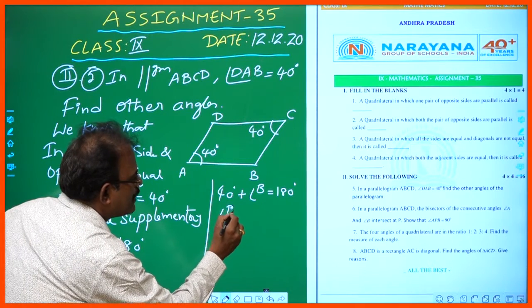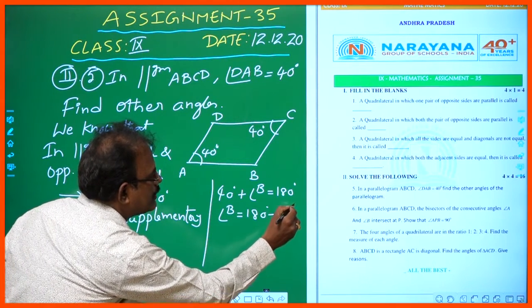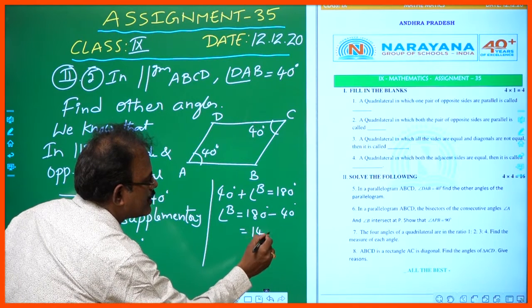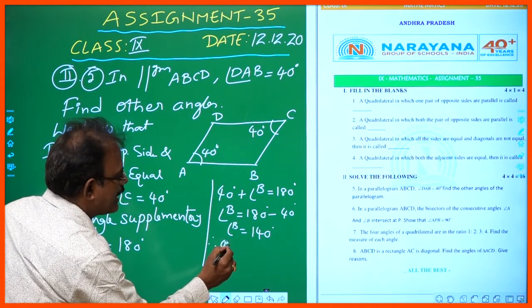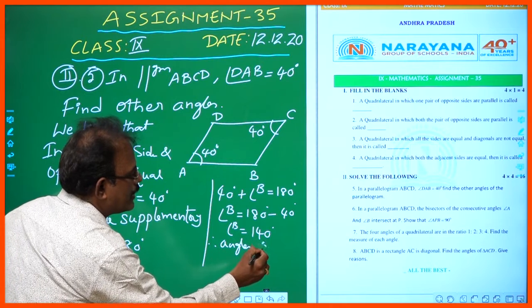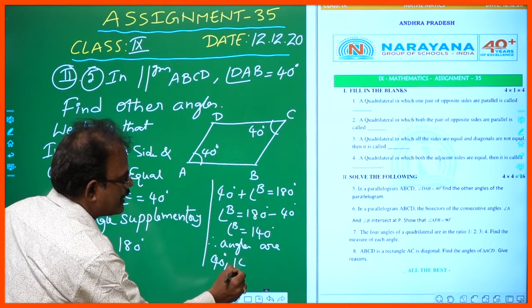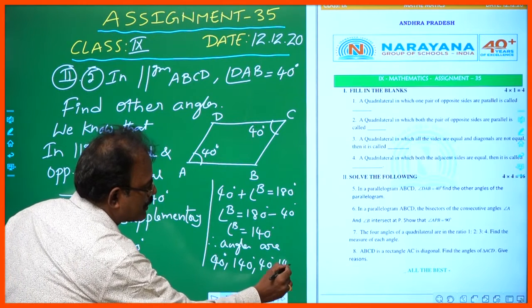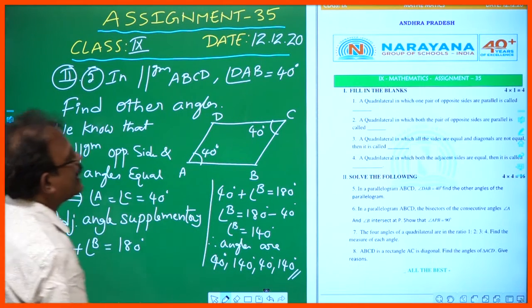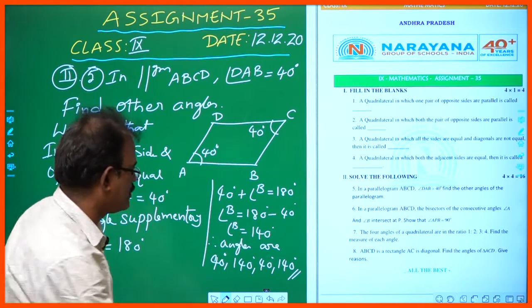So angle B is equal to 180 minus 40 degrees, so this is 140 degrees, children. Therefore, the required angles are 40 degrees, 140 degrees, 40 degrees and again 140 degrees. So these are the angles of a parallelogram. Okay, children. And our next question,